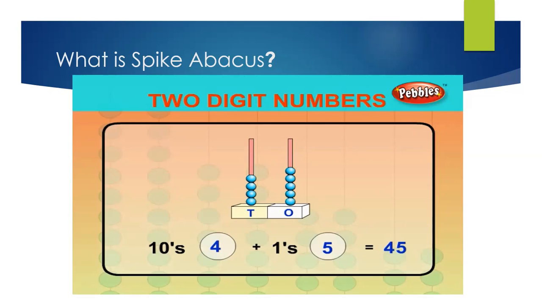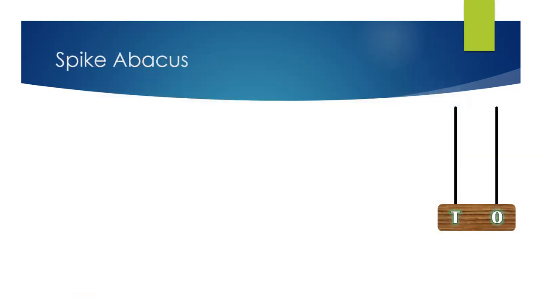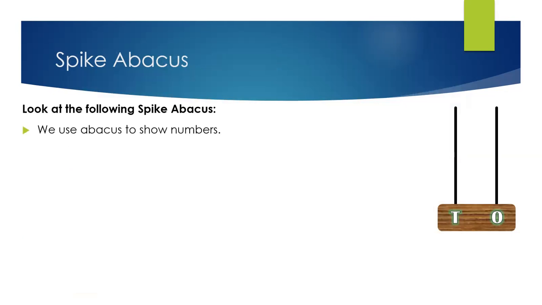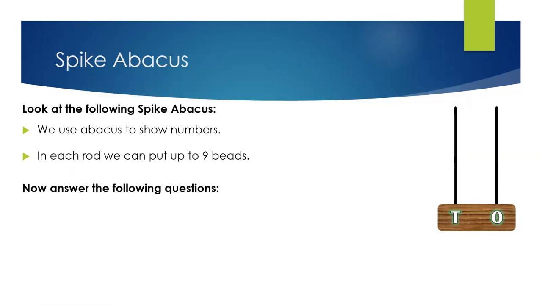So students, you have watched the video, and now I'm going to reinforce those concepts. So what is a spike abacus? Look at the following abacus, which has 2 spikes. We use a spike abacus to show numbers. In each rod, we can put up to 9 beads. So in the first spike, we are denoting the position O, and the second spike is denoted by